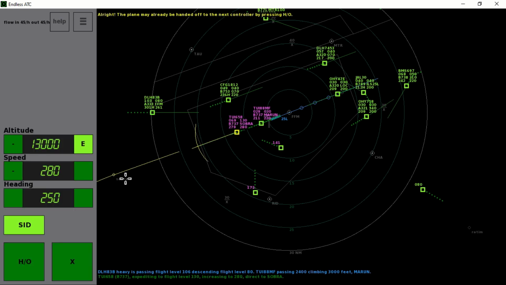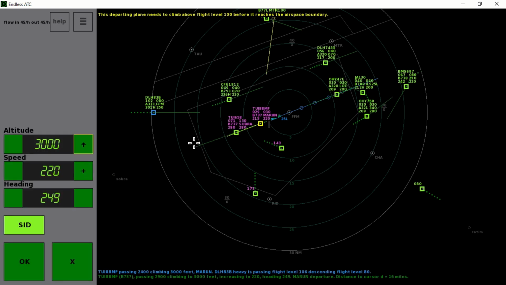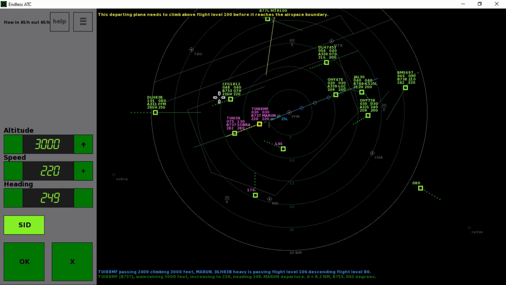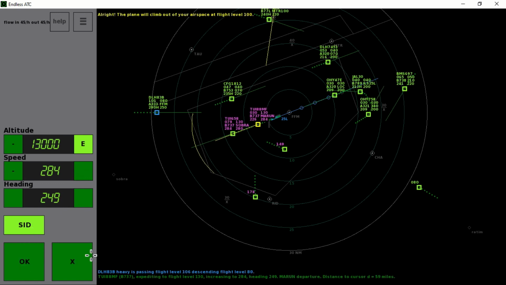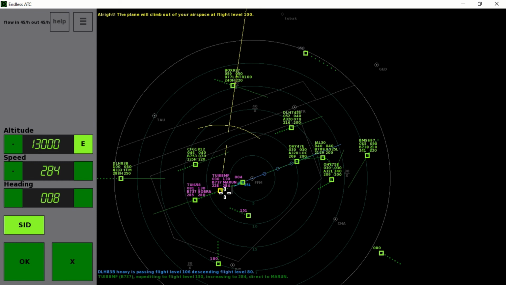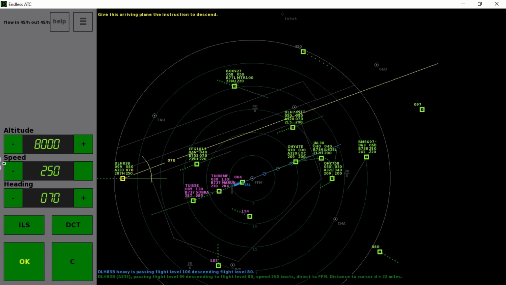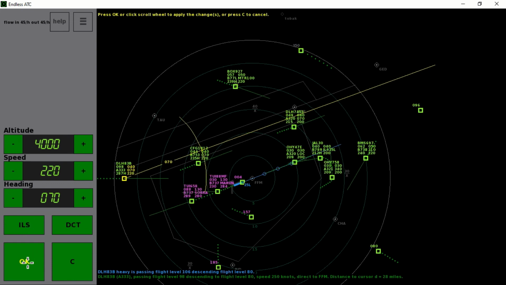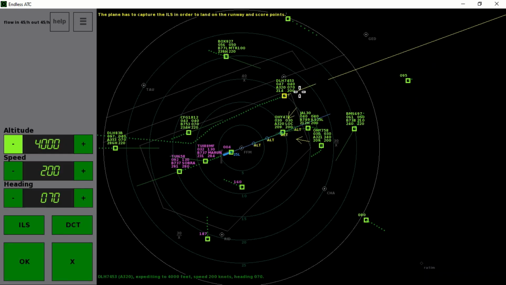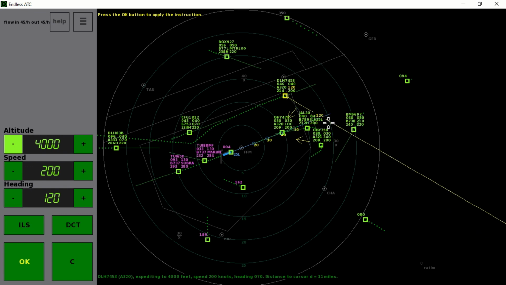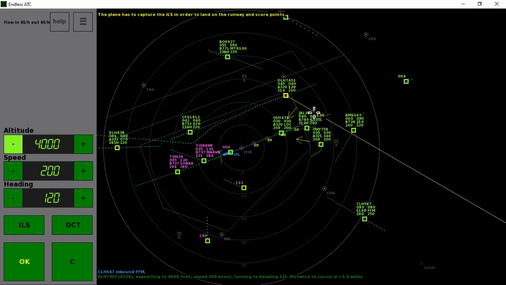So this one is already going to the SID. This one is climbing. We need to be careful here because this one is at 4,000 feet, but there shouldn't be any problem if it climbs fast. So let's send him to 130. This one is coming here, so let's send him 4,000 feet, speed 220, and you have a traffic pattern. You can get him closer, like for example 130,